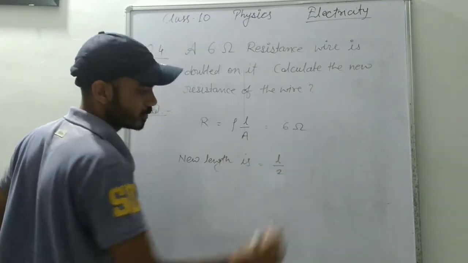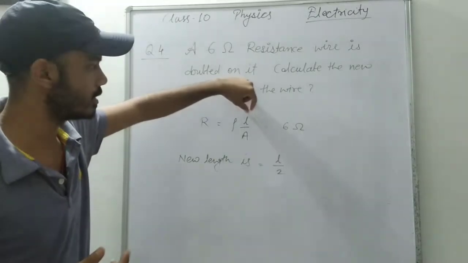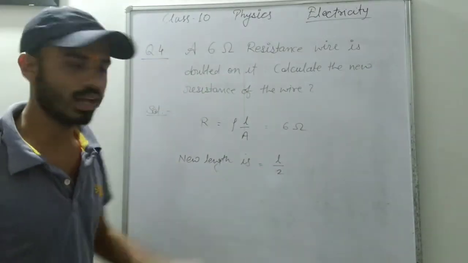L/2. Okay, initially, we suppose that the initial length is L, so now the new length is L/2, and